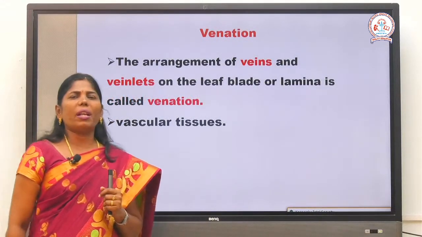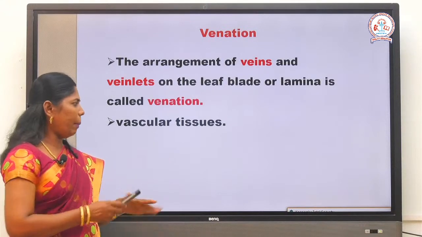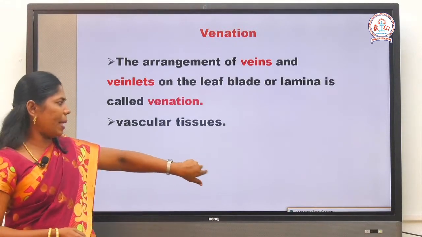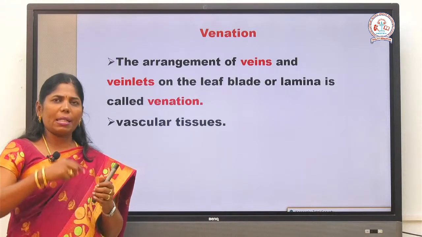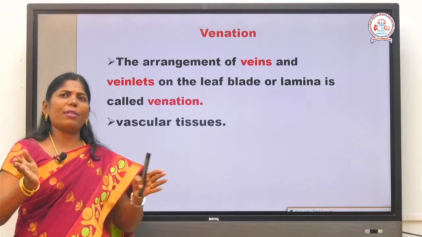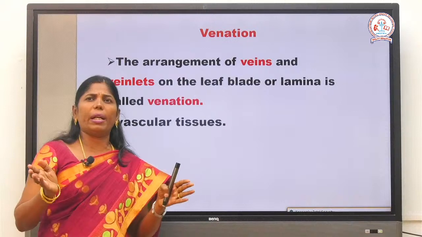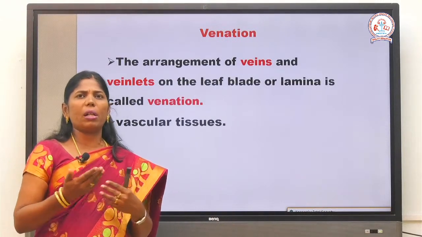So what is venation? Venation is the arrangement of veins on the lamina. So lamina மேல veins என்ன மாதிரி arranged ஆயிருக்கோ அதுக்கு பேரு venations அப்படினு சொல்றோம். So actually it has a main midrib. From the midrib the lateral veins arise. From the lateral veins வந்து secondary veins, tertiary veins arise. Okay, it looks like a net-like structure, that is called venation.